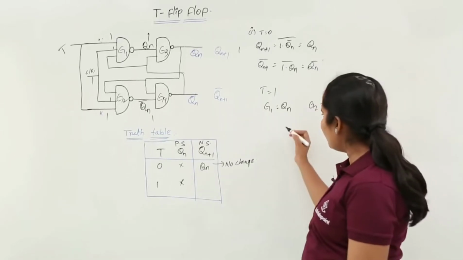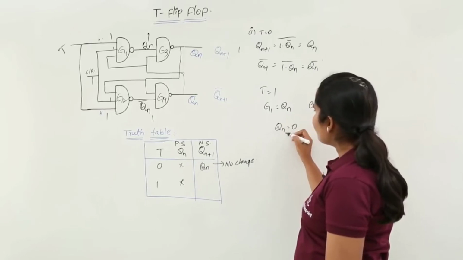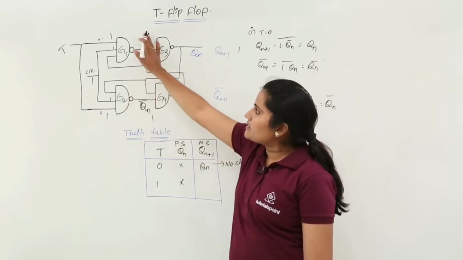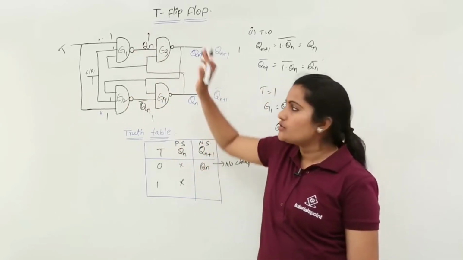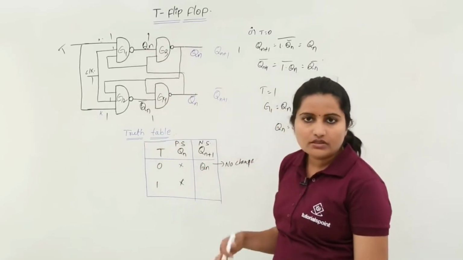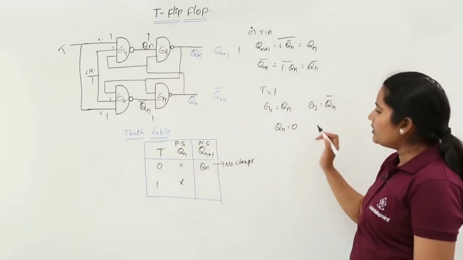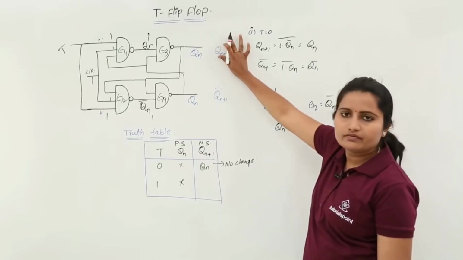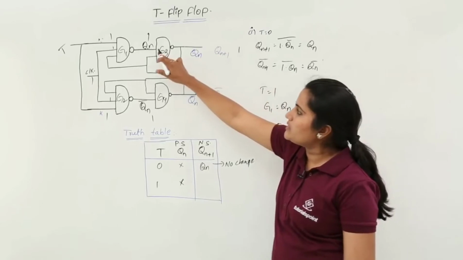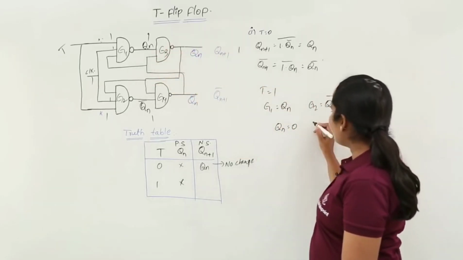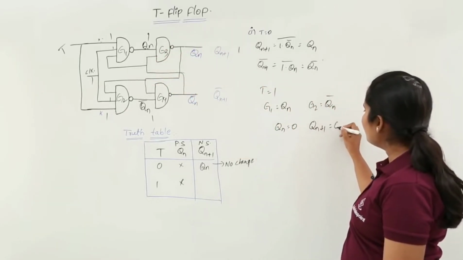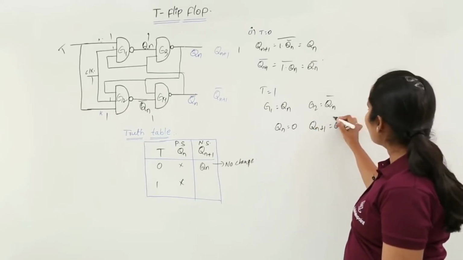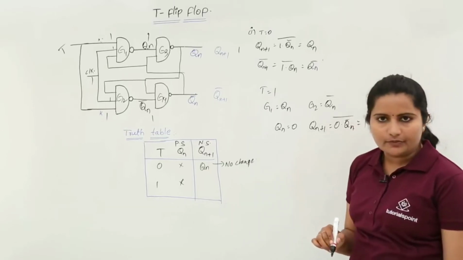I am just considering Qn is equal to 0. Qn may be either 0 or 1. The two possibilities of these two inputs may be 0 1 or 1 0 because we are having complement. For example, Qn equal to 0, then what you are getting at Qn plus 1? Qn equal to 0 means 0 into anything bar, you are getting Qn plus 1 is equivalent to 0 into Qn bar whole bar, which is equivalent to 1 here.